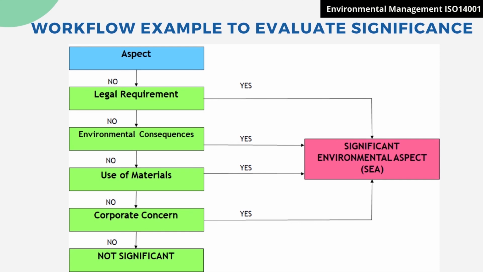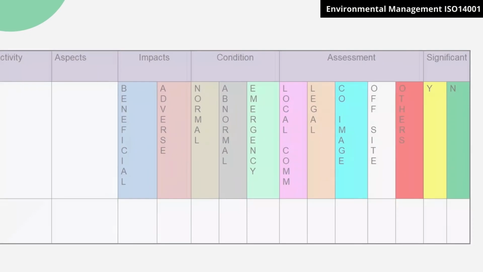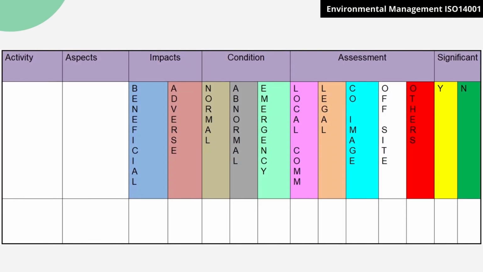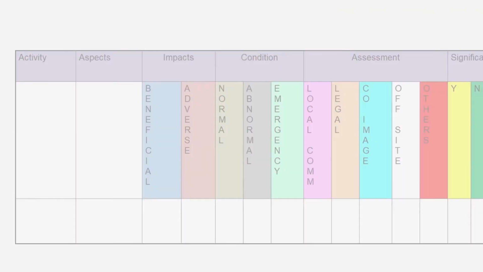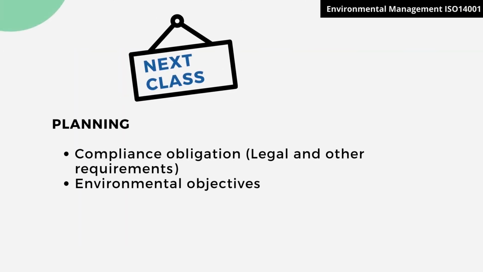This flow can be used to find the significance of an environmental aspect. Similarly, the following chart can be used to evaluate the impact of aspects and their significance. In the next class, under planning we will discuss compliance obligation, environmental objectives,